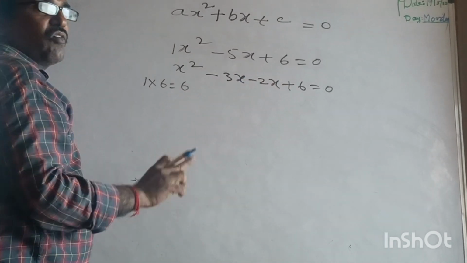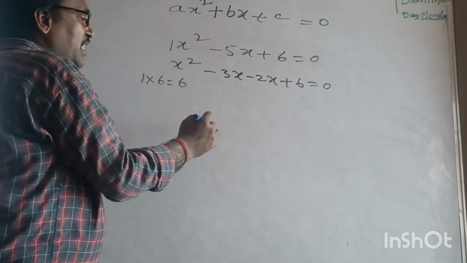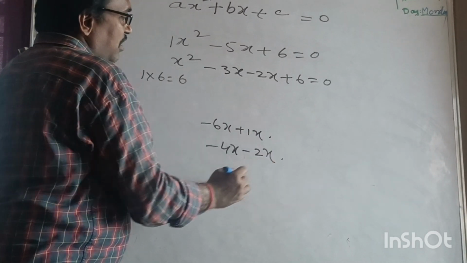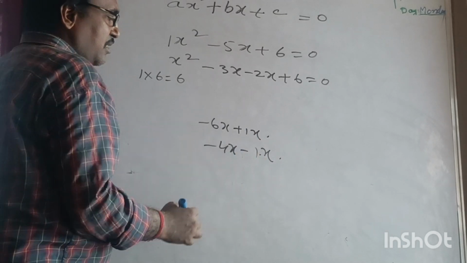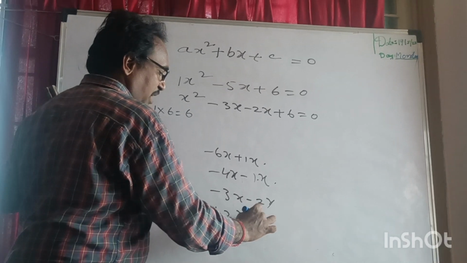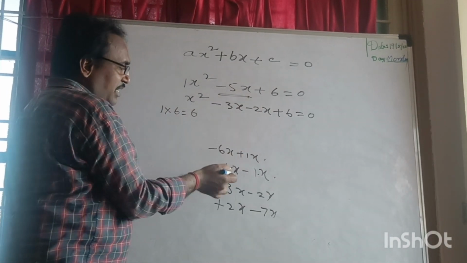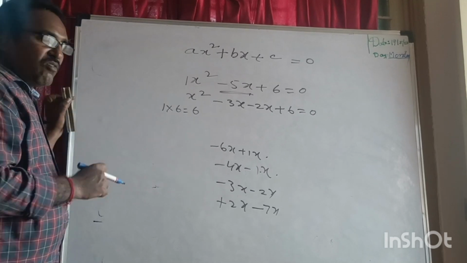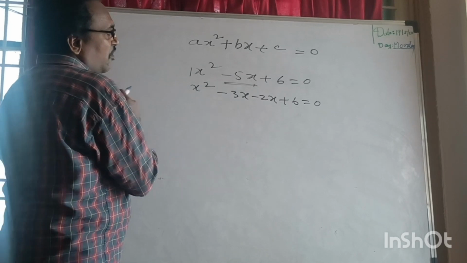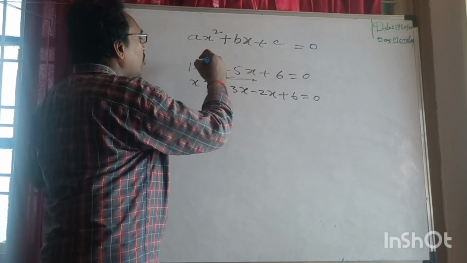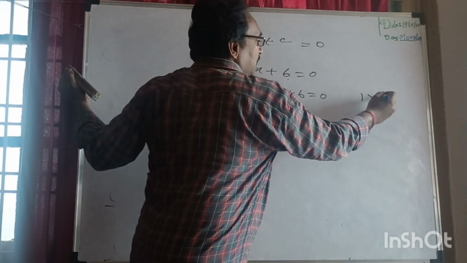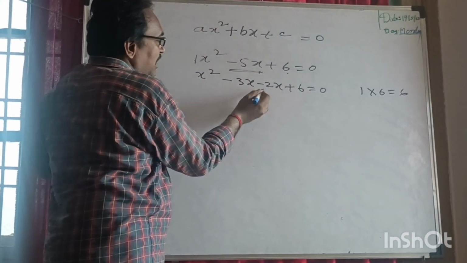You can write it in so many ways. Minus 5x can be written as minus 6x plus 1x also. Minus 4x minus 1x also. Minus 3x minus 2x. Or else plus 2x minus 7x also. Minus 5x can be written in many ways. But we have to follow another condition: the sum should be minus 5x only, but the product of the coefficients you are writing should be equal to the product of the x square coefficient and the constant. The x square coefficient is 1, the constant is 6, 1 into 6 is equal to 6. So if you write it like this, minus 3 into minus 2 gives you